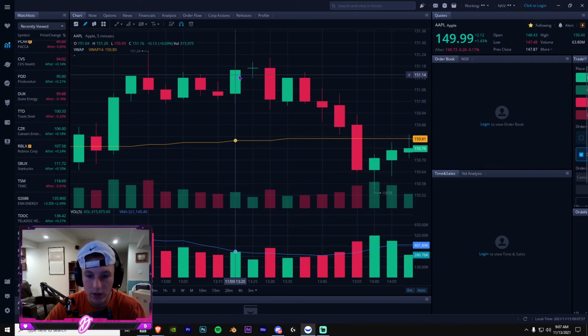See how many buyers are here, but then we don't see the same amount of buyers here. We see sellers come in here because there's indecision in the price. And then finally we see even more sellers come in after we saw how weak the buyers were here. And if you look at the volume, see how much lower this volume bar was compared to all these. So we definitely see we lose buyers here, we lose momentum,